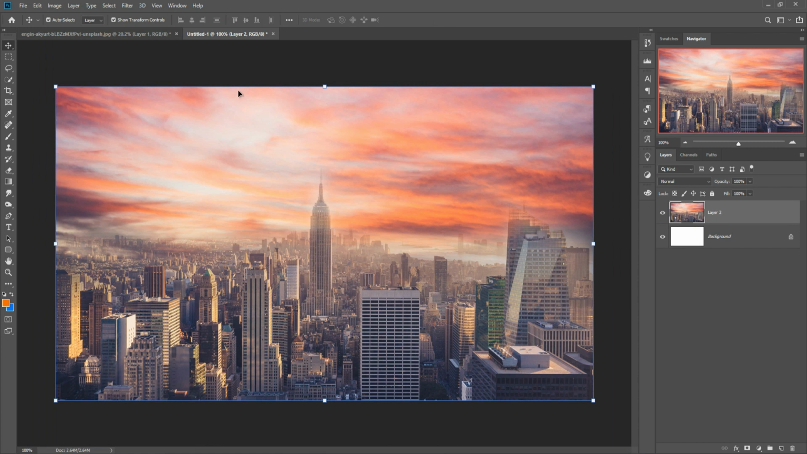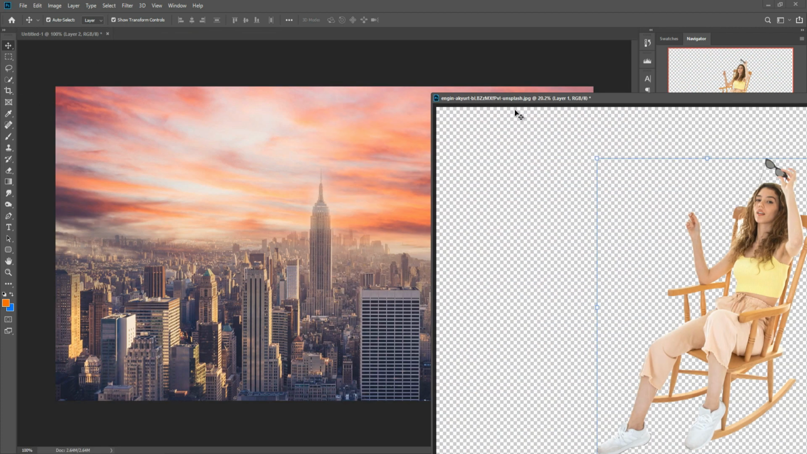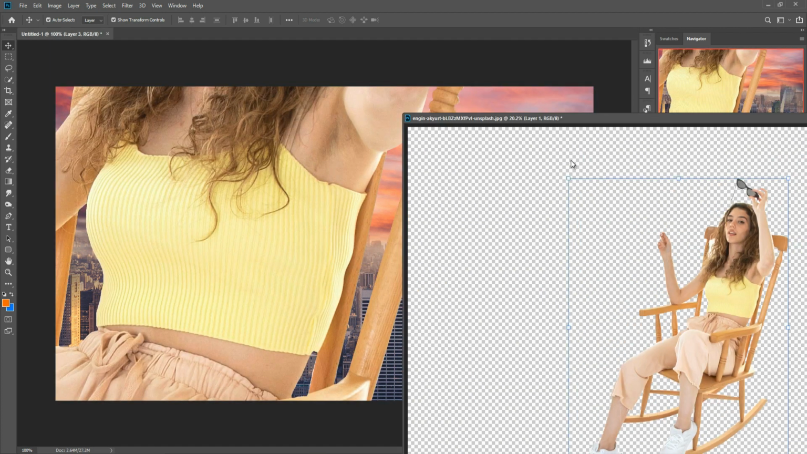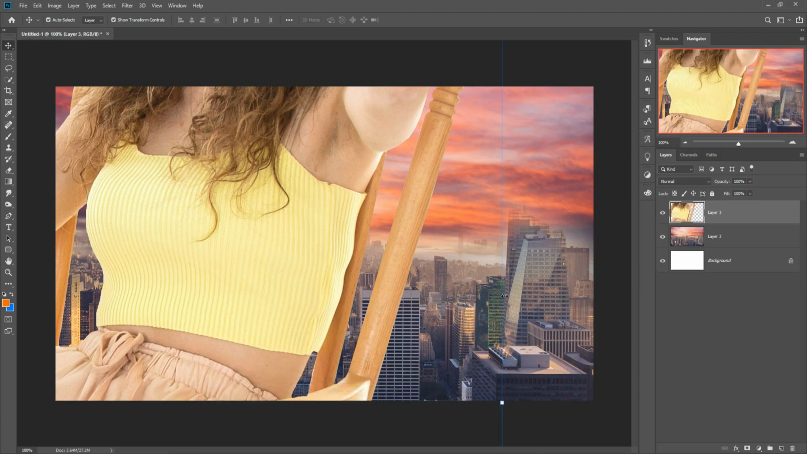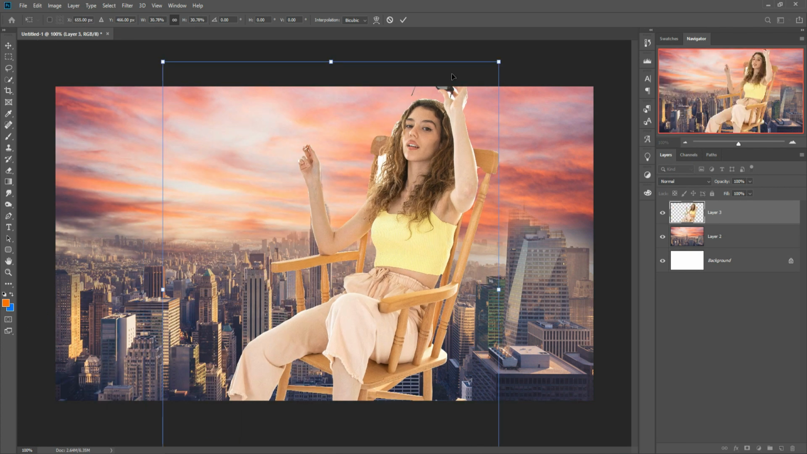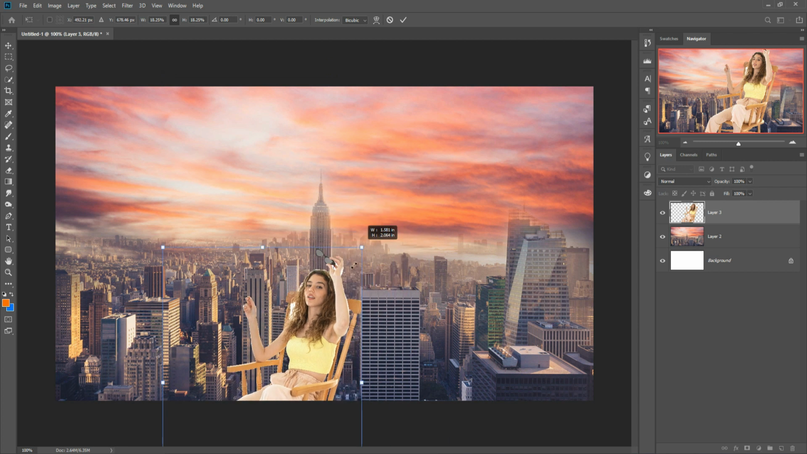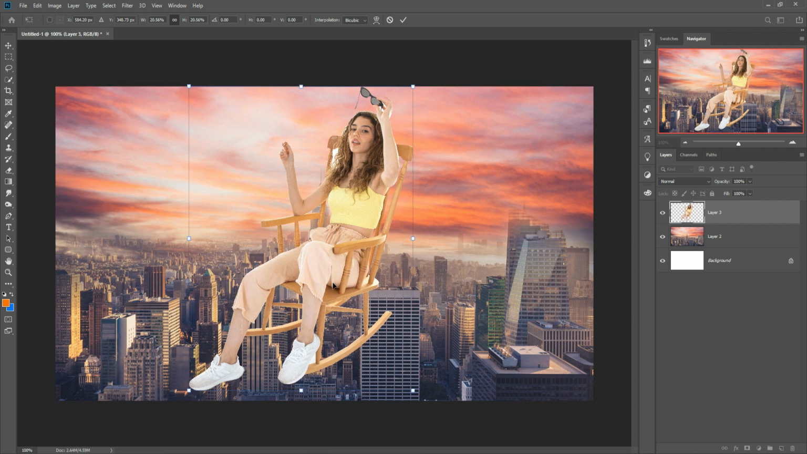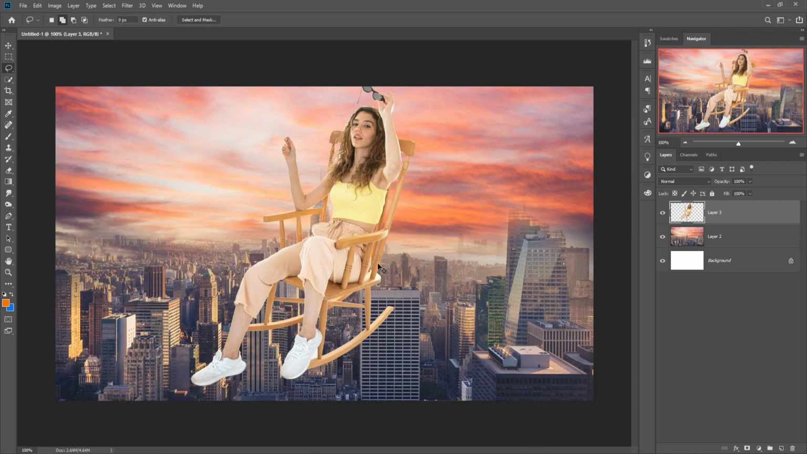And now our next work is we are going to put our model in the middle of the city. So this is our model and we are going to put this one in the middle of the city. So just adjust the size of your model. This one is very simple. Just hold any dot of this area and simply adjust the size of this model. So this one is placed, and just zoom out your image by pressing Ctrl minus and again select your image one more time,